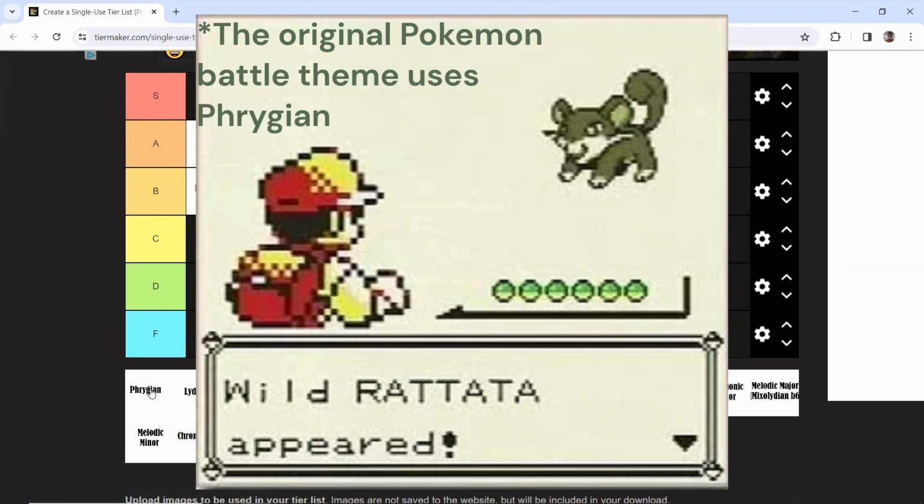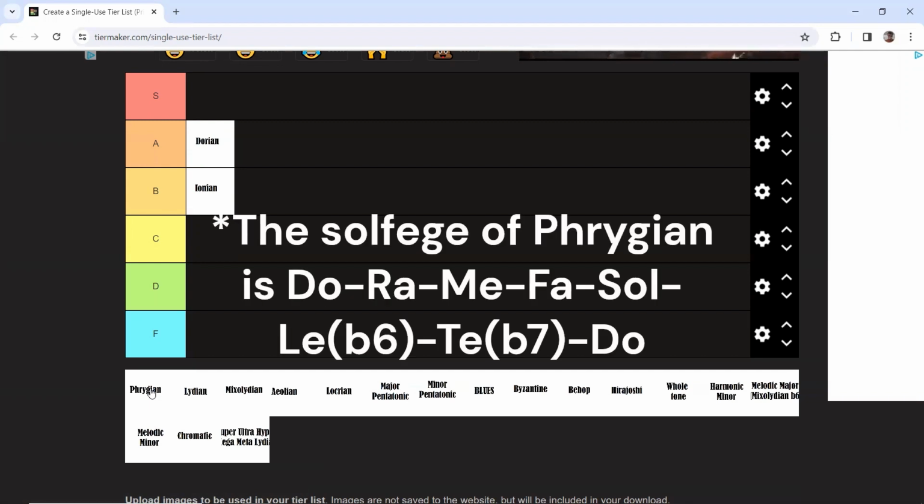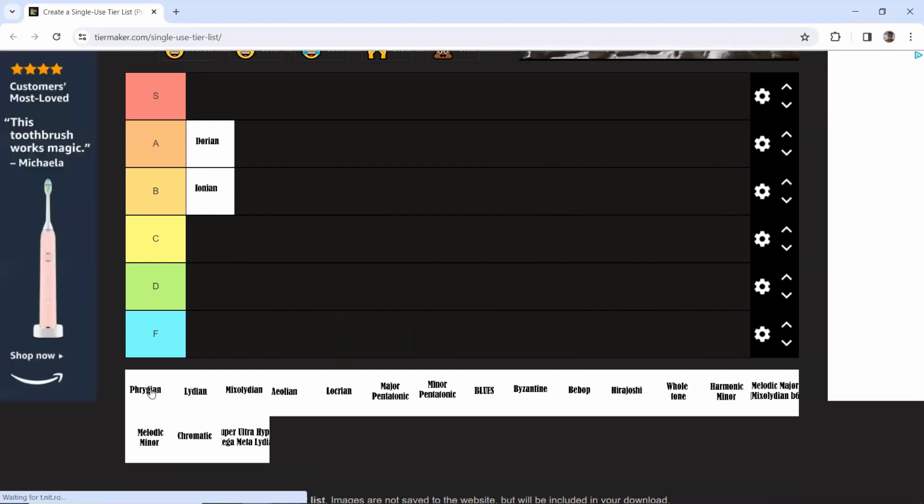So, Phrygian, I really, really like it. It's a minor oriented mode because it's got that minor third in it. But instead of do, re, mi, which, if you're not familiar with solfege, would be a major third, if we flatten that third, it becomes me instead of mi. And if we flatten that second, instead of re, it becomes ra. So we have do, ra, me, which sounds like this. And with it,